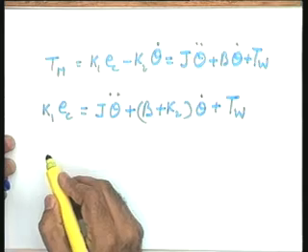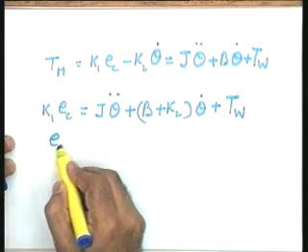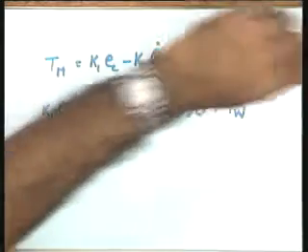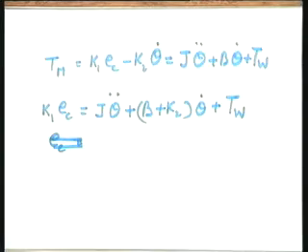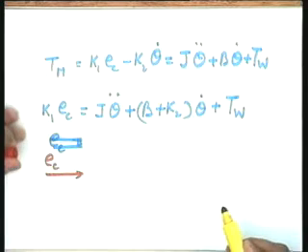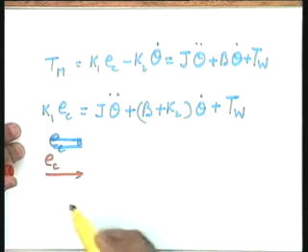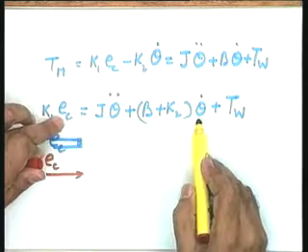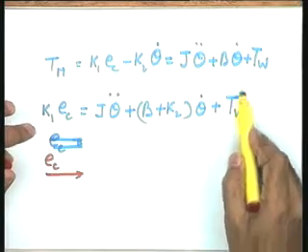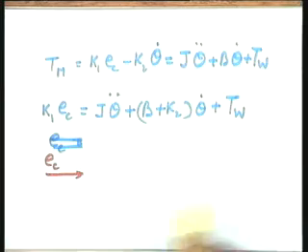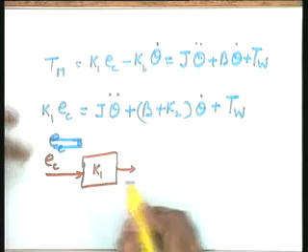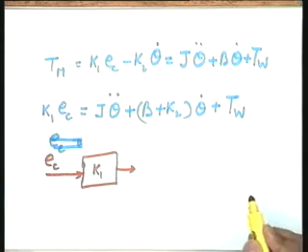I can now write EC is my input, or probably we can directly take up the block diagram form, that will be better. EC is the input. What is the other signal coming? Between EC and theta, this is given by this equation, and TW is the disturbance torque on the system. So I can take over here a constant K1 to generate the signal K1 EC.